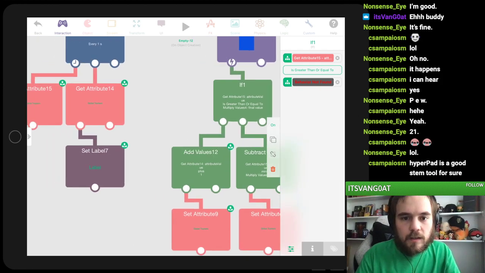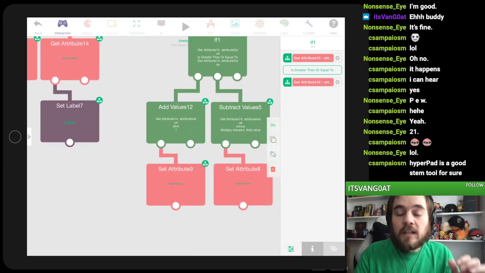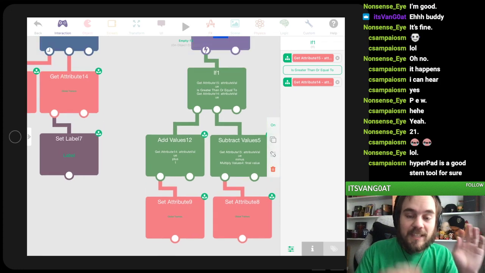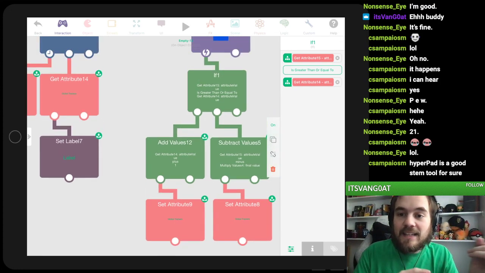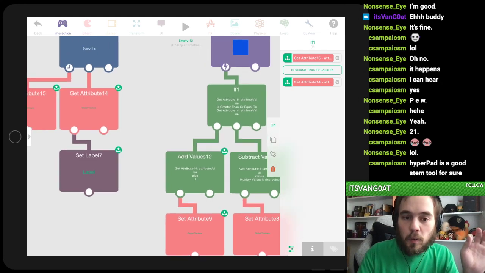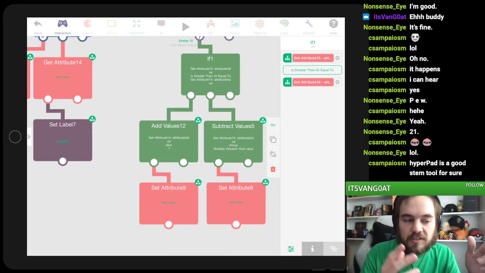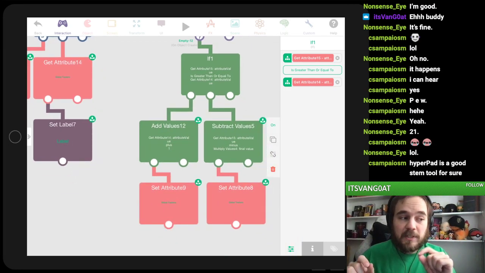If the is higher or greater than or equal to this. Sorry, I will explain what I just did. My brain, I forgot. So, if the player's gold, which is this get attribute 15, is greater than or equal to get attribute 14, which is the player's attack speed, which is also the cost of the item in this particular case,